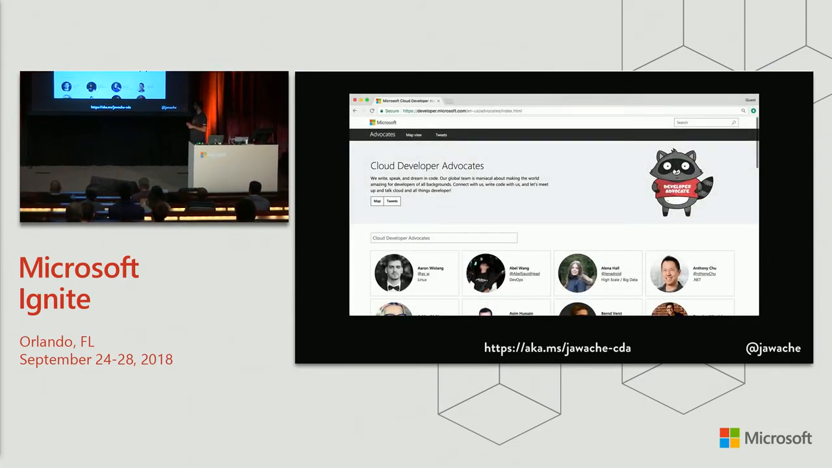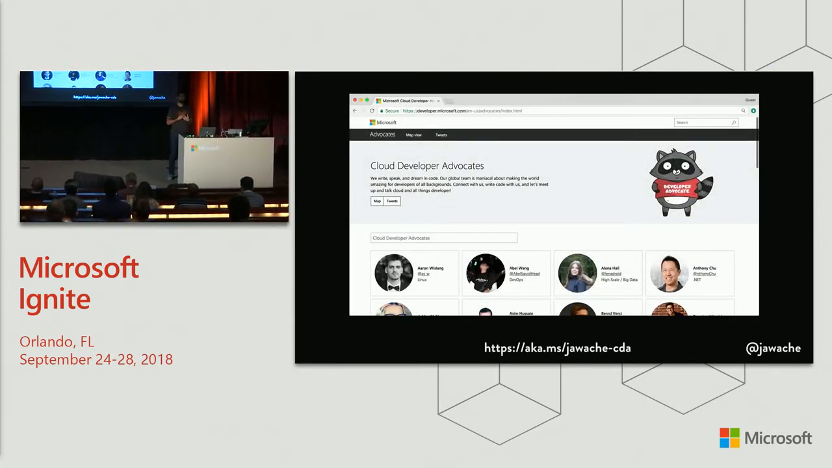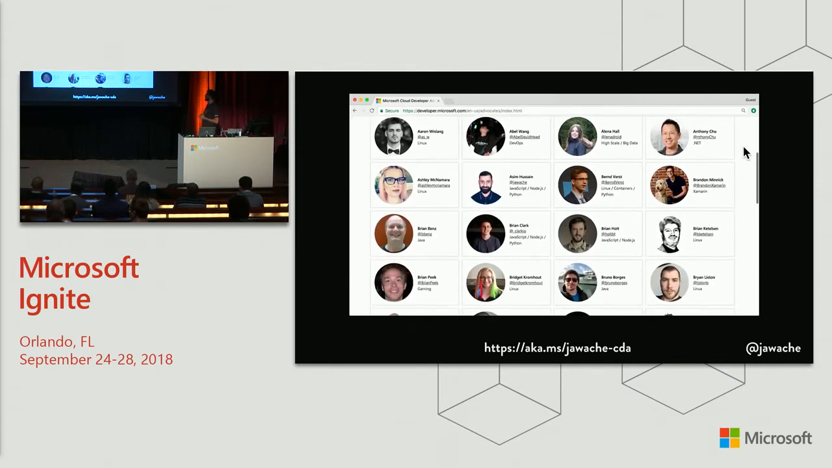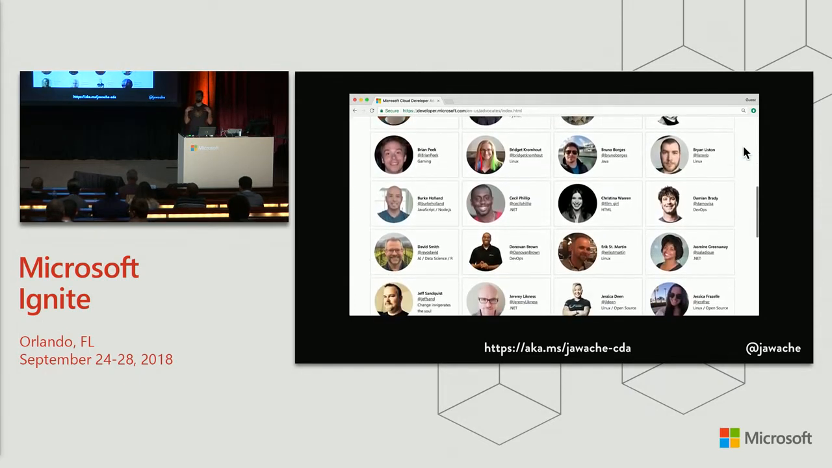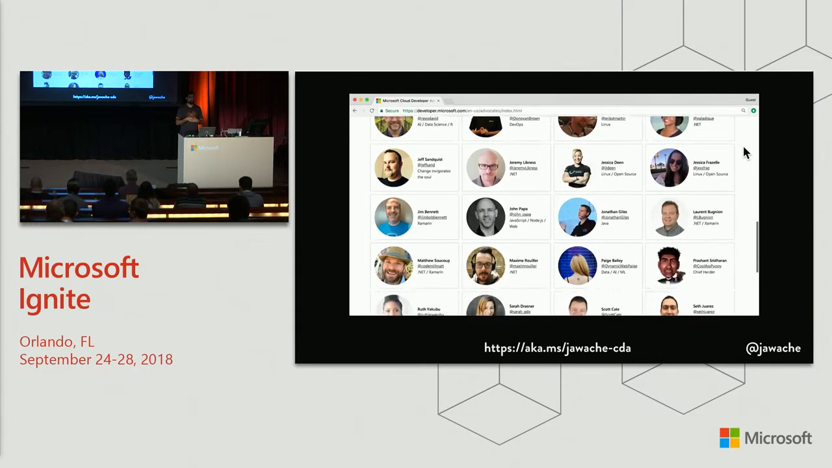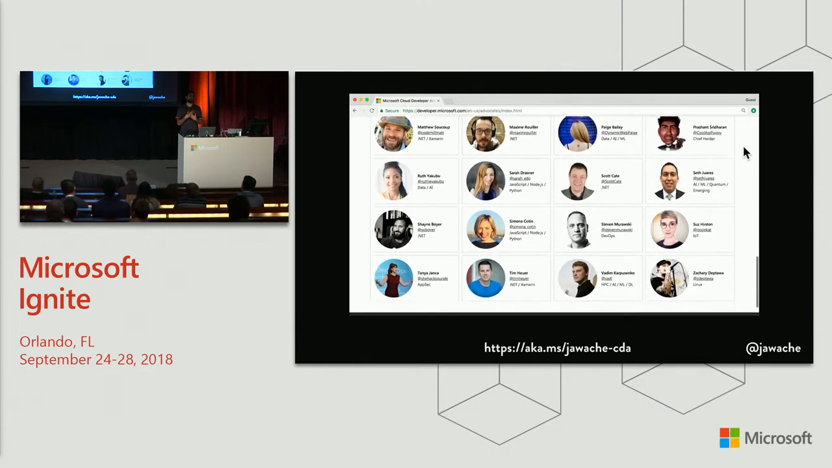So we're a fairly new team inside Microsoft. We are the open source advocates. There's about 60 of us right now. There's about 10 or 15 of us at Ignite right now. So if you go to the link there, you'll find a list of all of us. We are the open source advocates. So my area of specialty is JavaScript. We chose the word advocate very, very